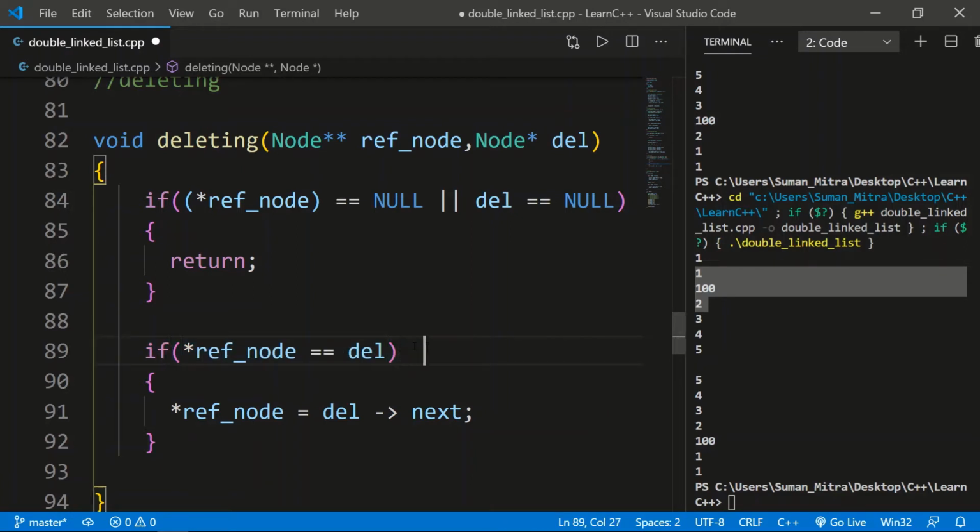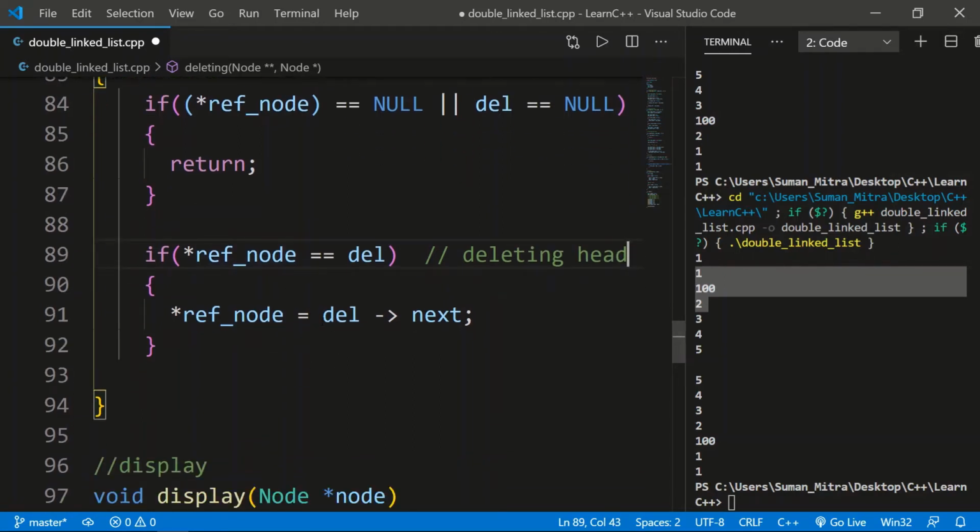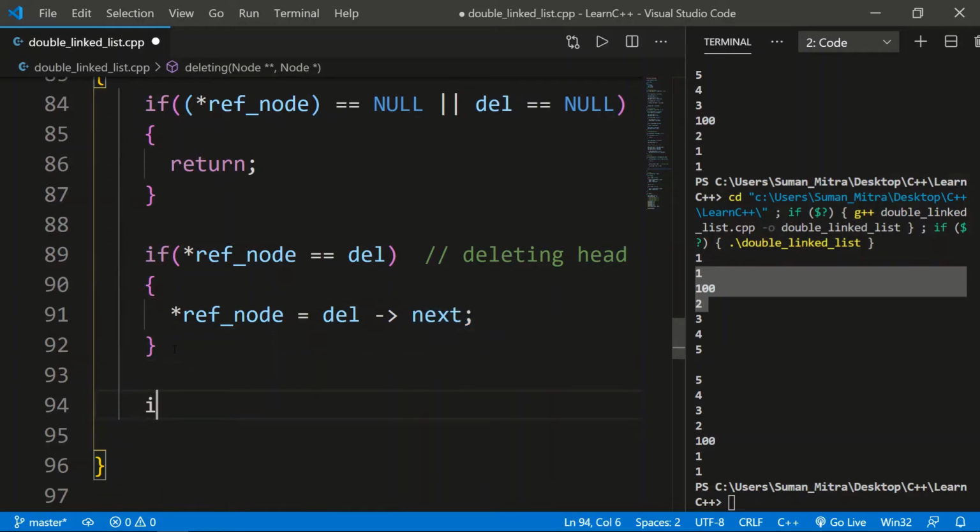I'll just write here deleting head. If you want to delete the head, there should be a different head, so whatever is deleted, the next one after this node will become the new head. Okay, I hope you got this. Now there is one more condition. If you want to delete the last one, or if you want, okay, you can just write